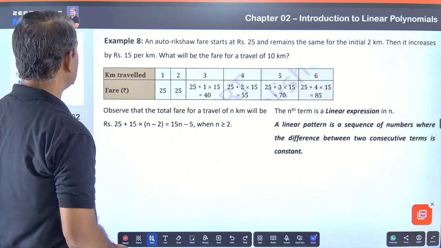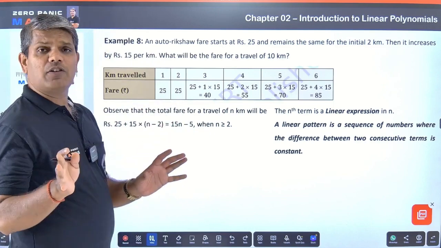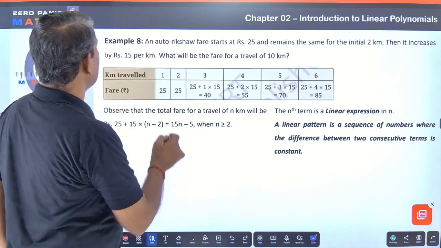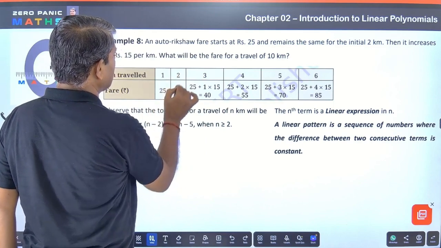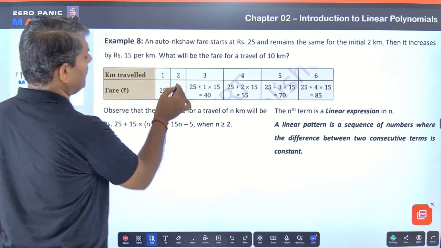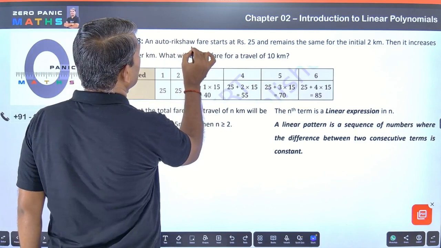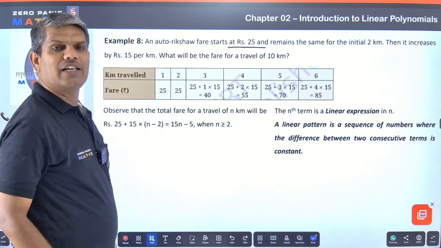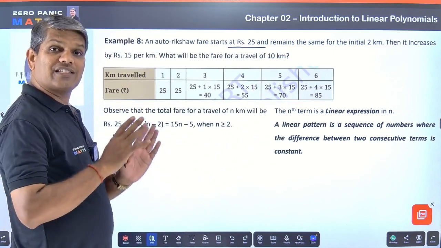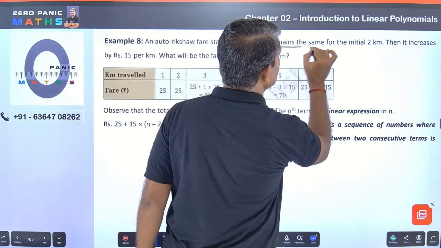Let us see the next example. This example is a little bit different from the previous example. You can see from the first and second point that it is the same value that is remaining here. Let us read the problem first. An auto rickshaw fare starts at rupees 25, and remains the same for the initial 2